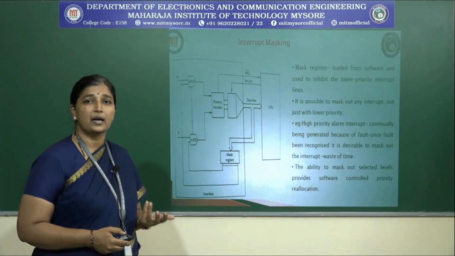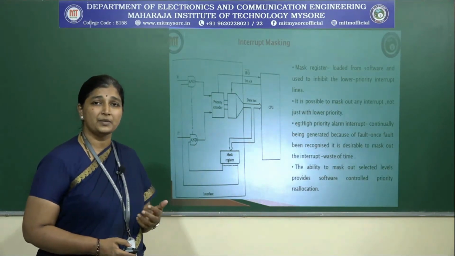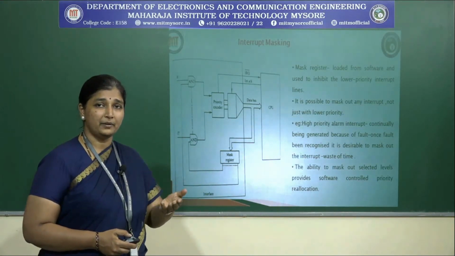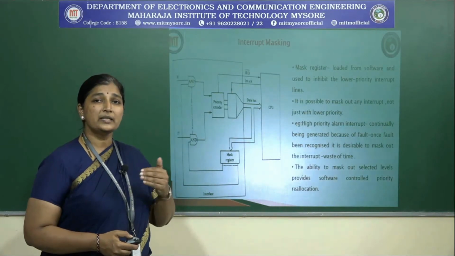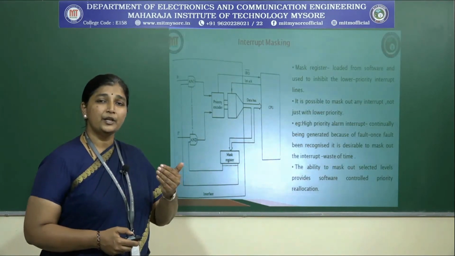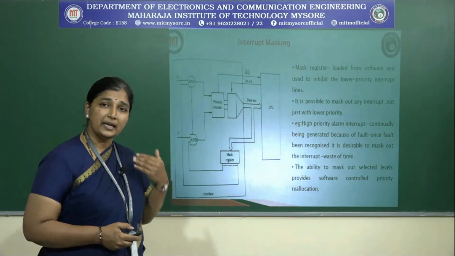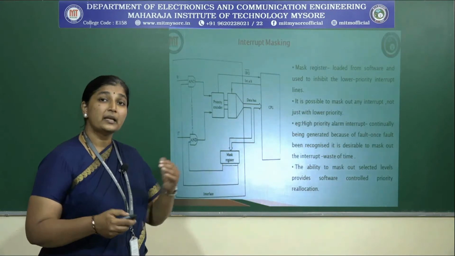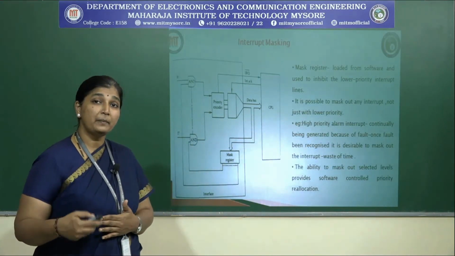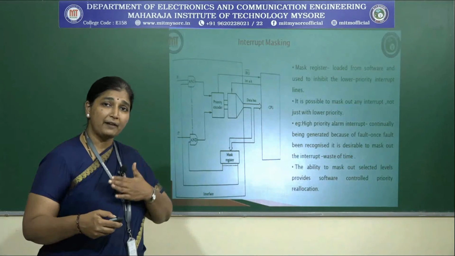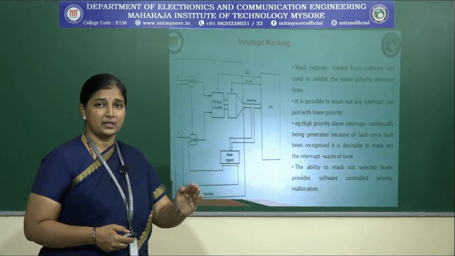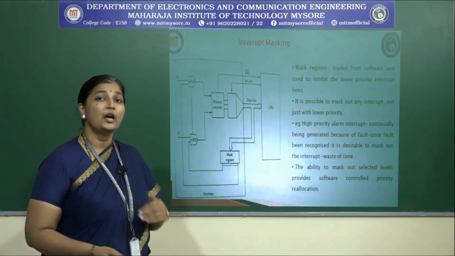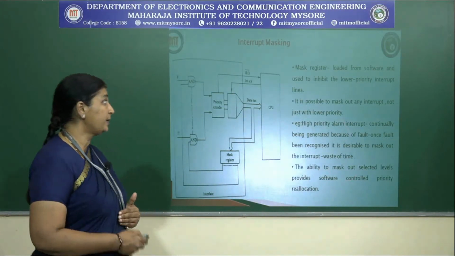For example, take an alarm system. What happens in an alarm system? An interrupt request is identified and enabled. It has been handled. Once it is handled, what should be done? The CPU should not waste time sending a regular, continuous signal to set a routine, isn't it? There are multiple other operations that could be performed during that time. So after enabling, it should be masked, and then the next course of action has to be considered, isn't it? That has to be dealt with in the case of masking.